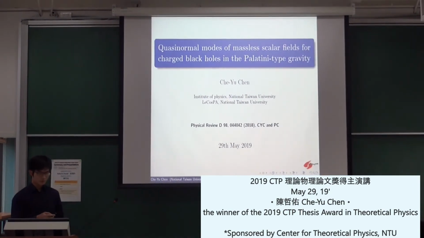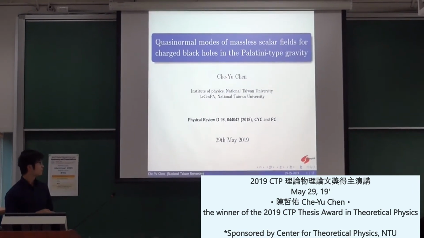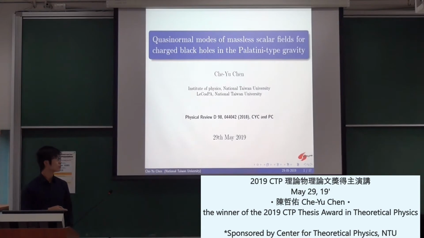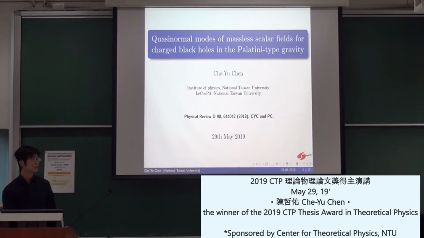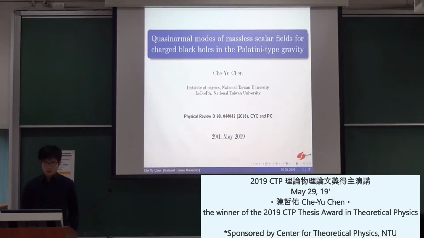This talk is based on this published paper in Physical Review B, which was supervised by Professor Chen. And well, the title is basically related to how we can test modified gravity theories by using quasi-normal modes or black hole perturbations, which are very interesting because it is related to the recent development of gravitational wave astronomy.